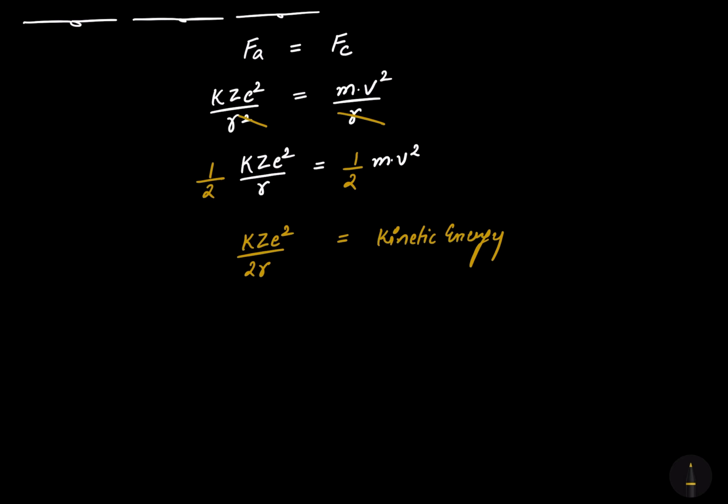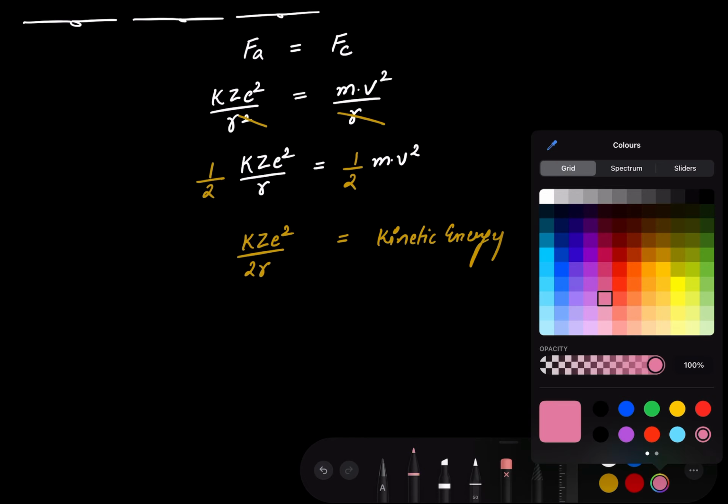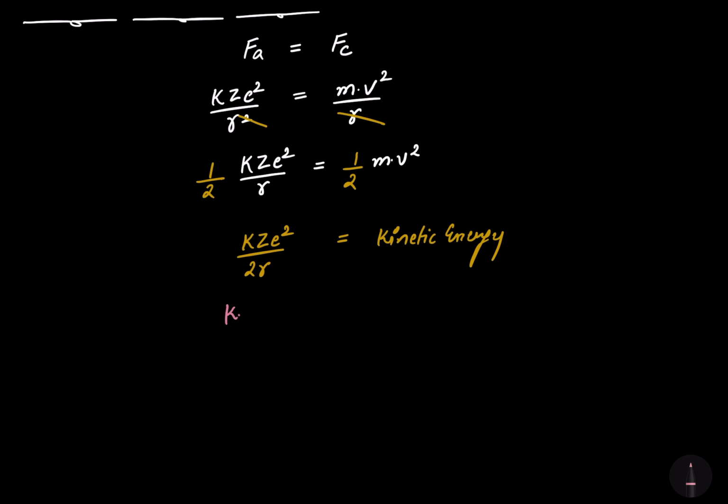From this evaluation, what we are getting now? It is proving to us that kinetic energy is directly proportional to the atomic number and inversely proportional to the radius of the orbit in which the electron is rotating. So, if atomic number is high, then the number of protons will be high. The more attracting power will be there of the nucleus, due to which the electron will possess the higher kinetic energy. So, I am writing